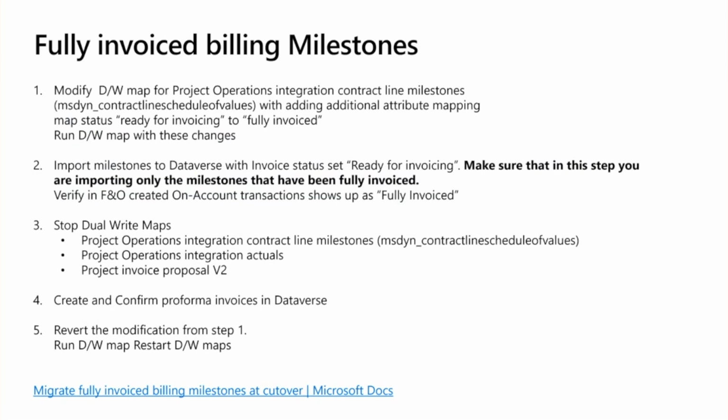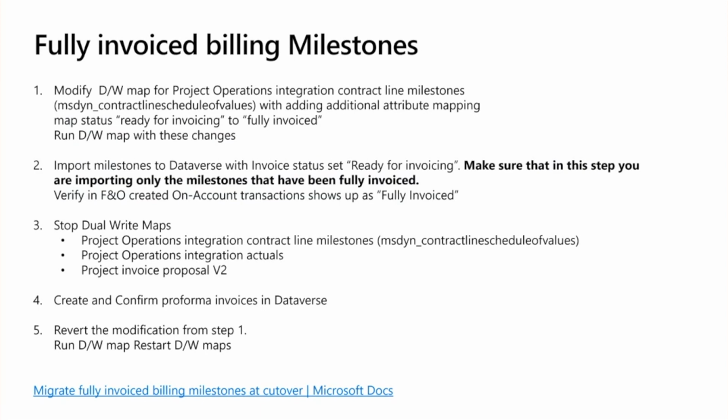So there's a different approach. If you have fully invoiced the billing milestones, we do have a docs article, which is linked here on the slide, which describes the process in detail. But just to summarize what's happening, we're going to modify the dual-write map for the integration contract line